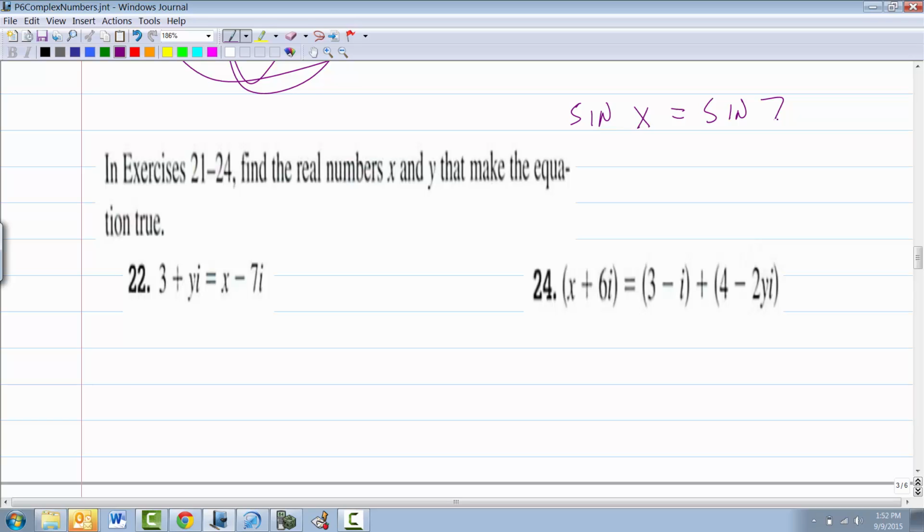Somebody tell me what x equals. What would x have to equal for this to be equal? 7. Isn't it simple? It's just a simple matching. You don't even have to know what the word sine means. You might even think this is a 5. 5 sin(x), 5 sin(7). Well, x must equal 7 because it's in the same spot. Being weird, but it's true. Sometimes math comes down to that. It's just you see it.